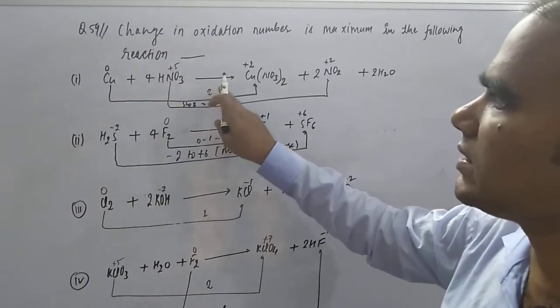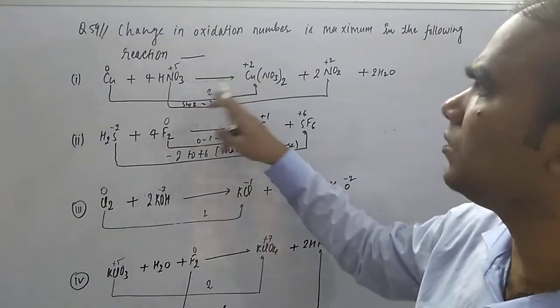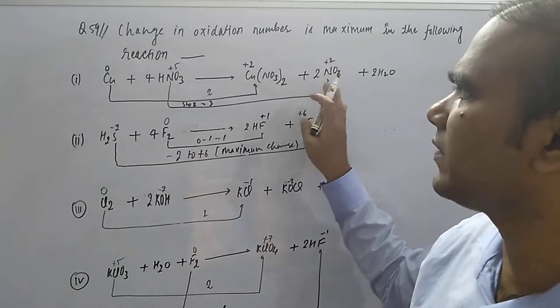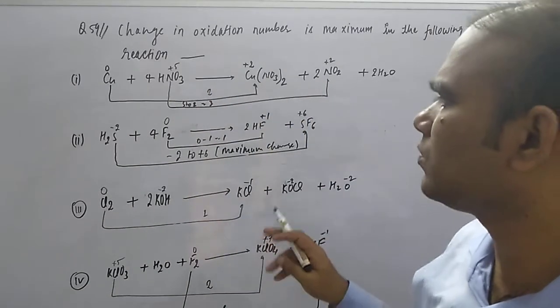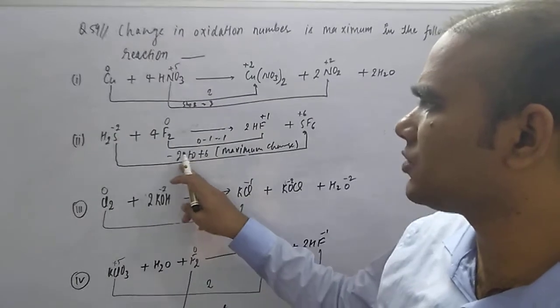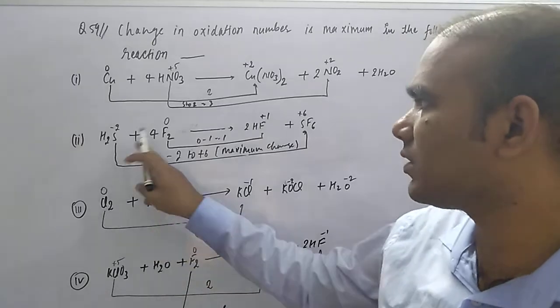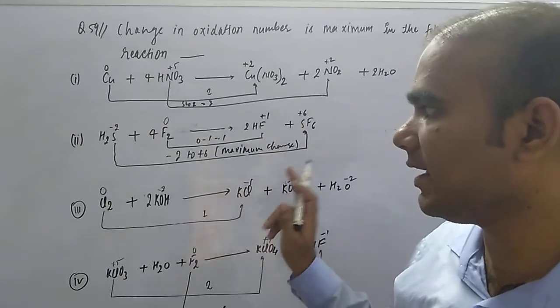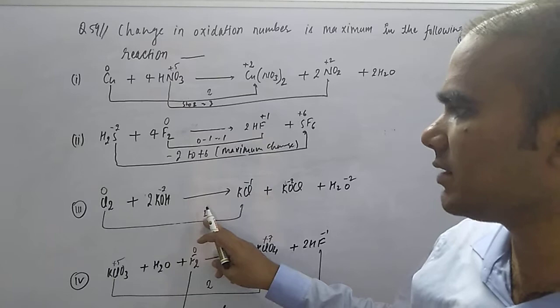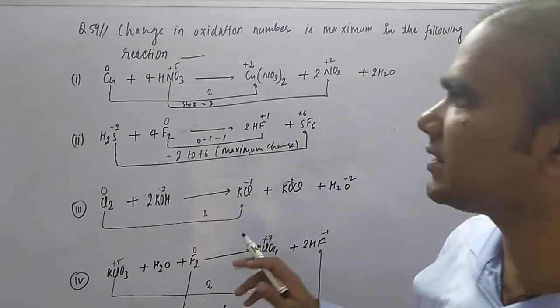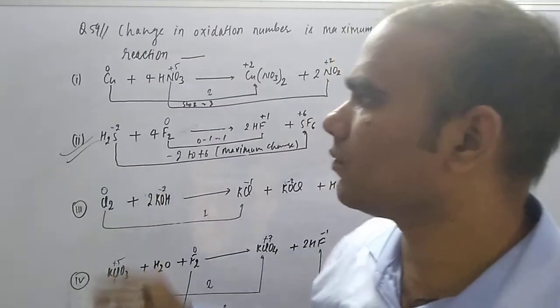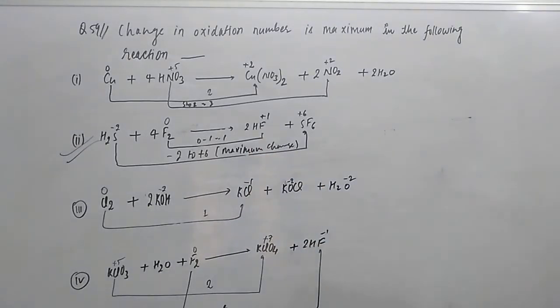In other cases you can see 0 to 2, 5 to 2, so that is very easy. 5 to 2 is very less, and here minus 2 to 6 is quite high. First one is a negative term, another is positive, so there is a difference of 8 here, and here it is 1, here 2, 1. So the correct option will be option number 2. Better you try to understand, student, and try it yourself, you will find that option number 2 has the maximum change in the oxidation number.